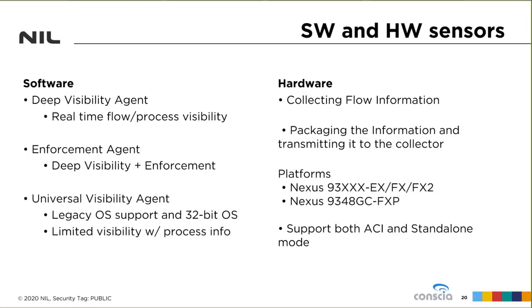The first type are software sensors, which are a piece of software running within a host operating system, such as Linux or Windows. Its core functionality is to monitor and collect network flow information. It also collects other host information, such as network interfaces and active processes running in the system. In addition, software agents also have the capability to set firewall rules on the hosts when you enforce policies generated in